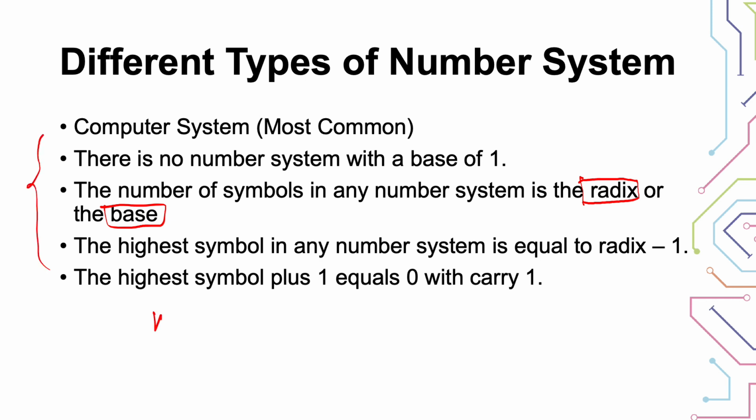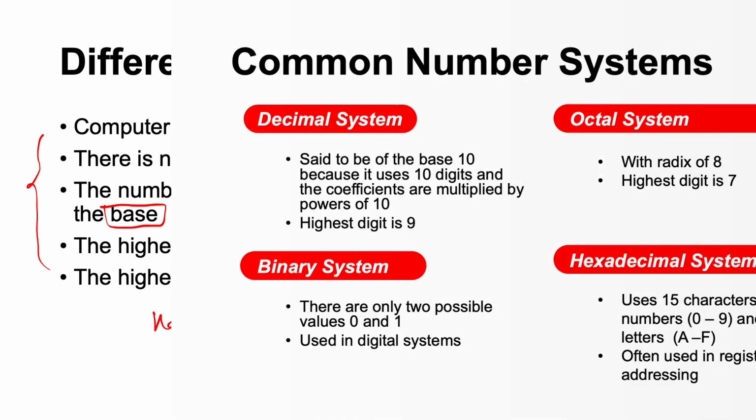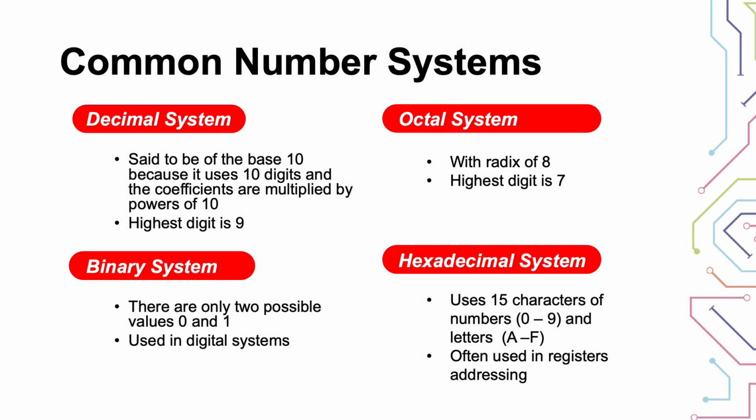So that is the nature of a digital system. Now, these are the common number systems. We call them the decimal system, binary system, and also the octal system. When you talk about the decimal system, it is said to be